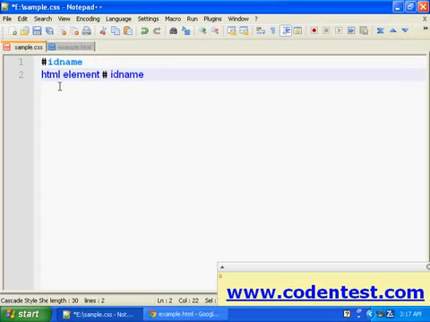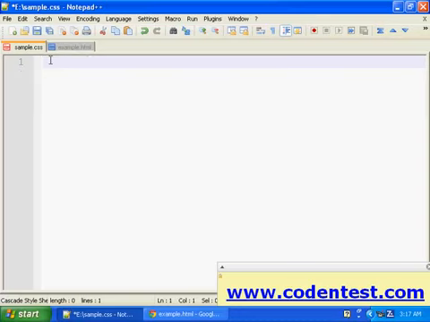So there are two ways to add IDs in CSS code. First is hash followed by ID name, and the second one is HTML element followed by hash followed by ID name. First we'll see the hash followed by ID name.